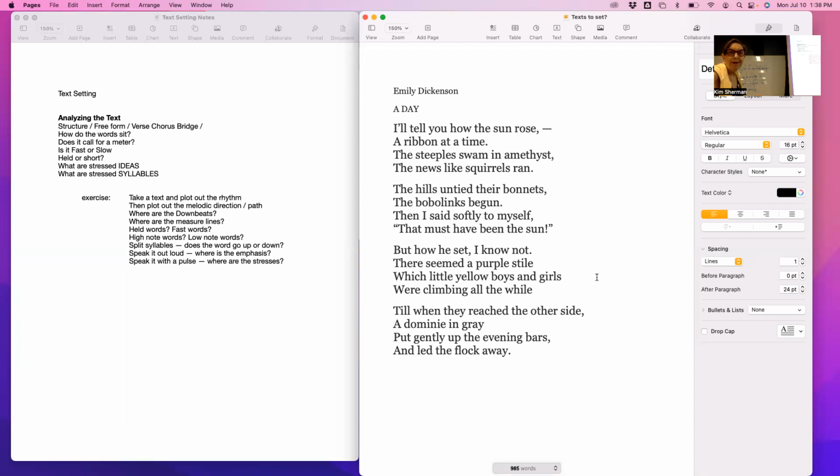Led the flock away. Wait, I'm not even sure if it's the sun setting or just an afternoon. It's an interesting one. It's kind of like when the sun starts to rise, the text setting is very metrical, but then it kind of